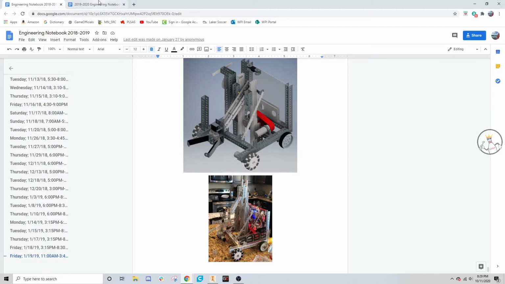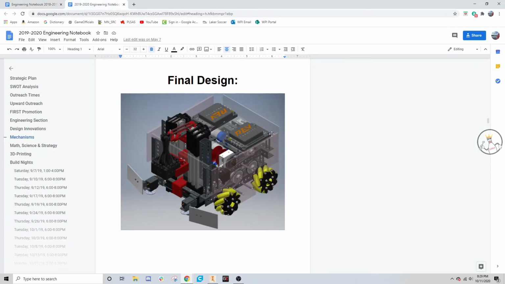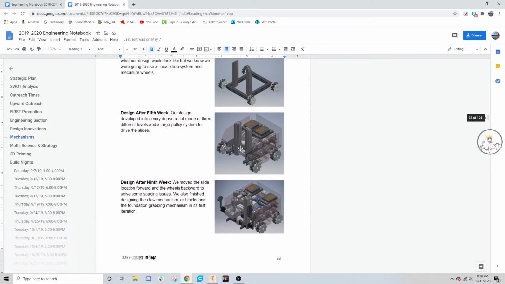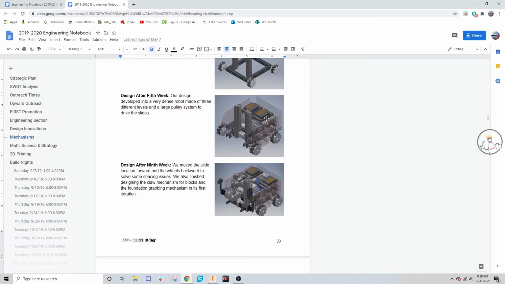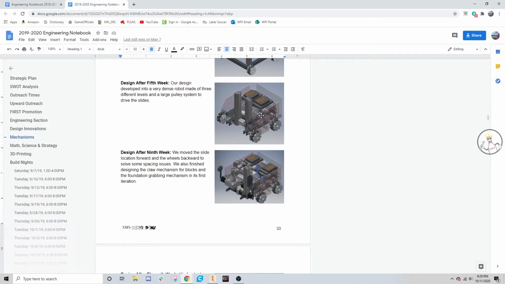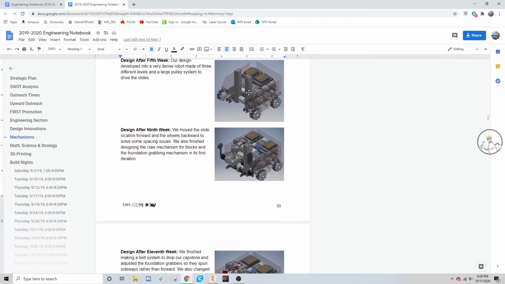However, the next year, I CAD'ed quite a bit before we went. Let's scroll up a little bit. You can see the design process. This was kind of a pointless design. I don't really know why I made that. But from here, I had this design before we started building, but then we built this and then we're adding on,